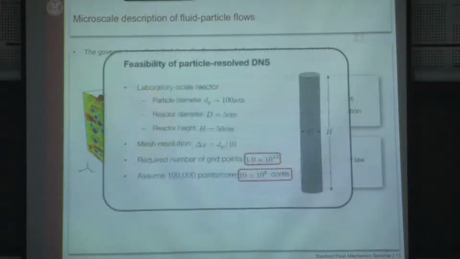It's all fine and good until you go back to a little bit of a back of the envelope calculation, seeing how far you can take such an approach. So thinking again about this typical chemical engineering problem, if I give myself a vertical column in which I have particles rising due to pneumatic transport by a fluid flow, even at the laboratory scale, even a small, little tiny reactor that's not even a meter high, if you assume that you have particles that are 100 micron in a tube that is, say, 5 centimeters in width,